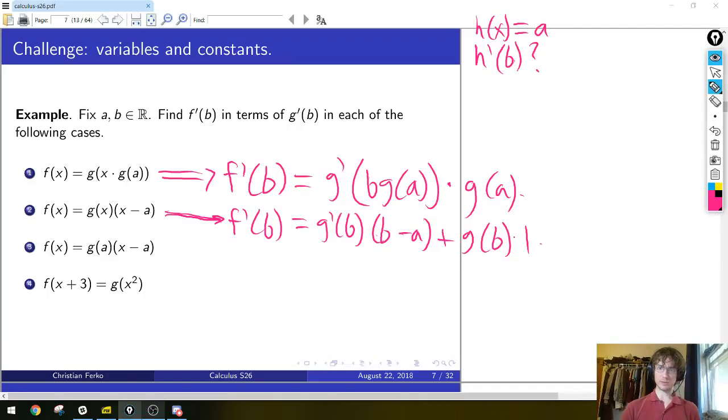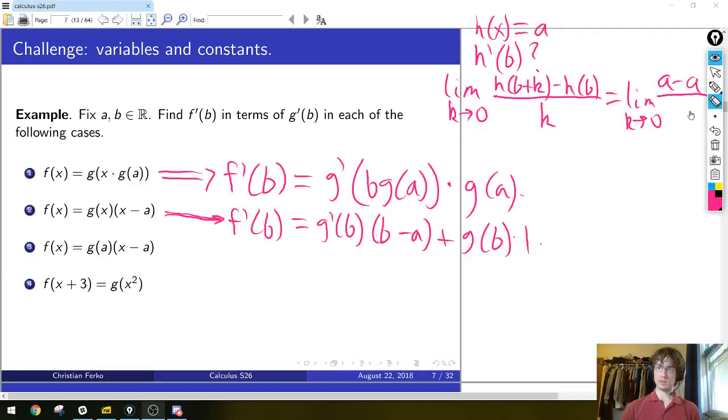So we should always go back to the definition. If you can't go back to the definition and understand it with the definition, then you're lost. I've already used the letter h, so I'll change it to k. Limit as k goes to 0 of h of b plus k minus h of b, all over k. Okay, what's this? What's h of b plus k? Well, h is the constant function a. So regardless of what the input is, the output is a. What's h of b? Same thing. h is a constant function. It always outputs a. So this is the limit of a minus a